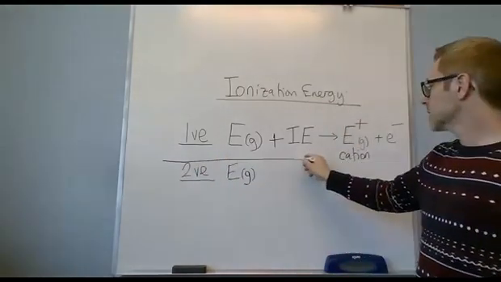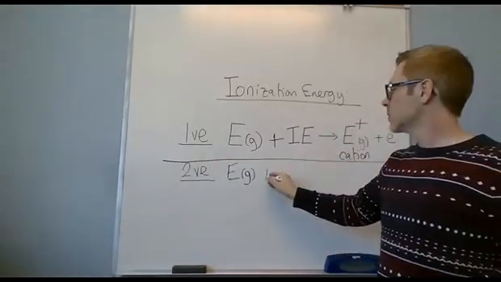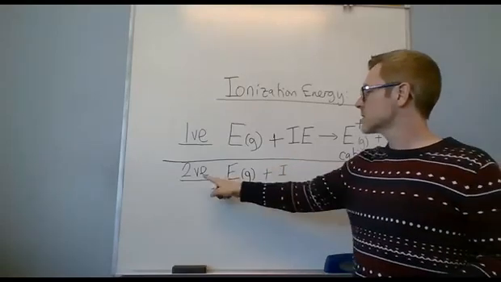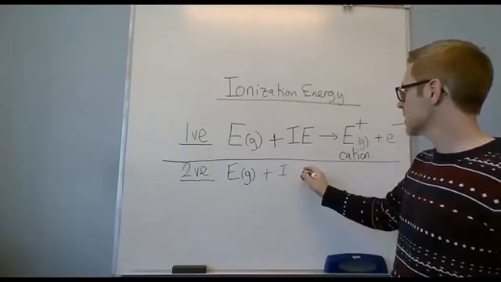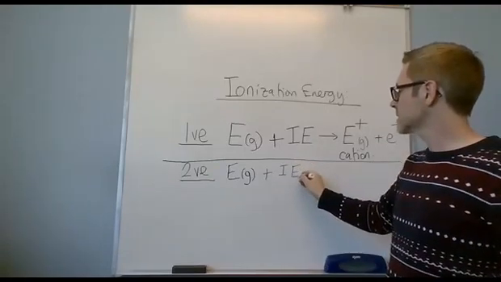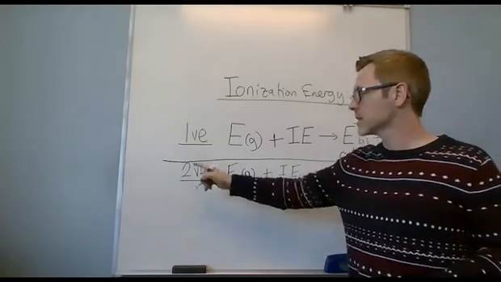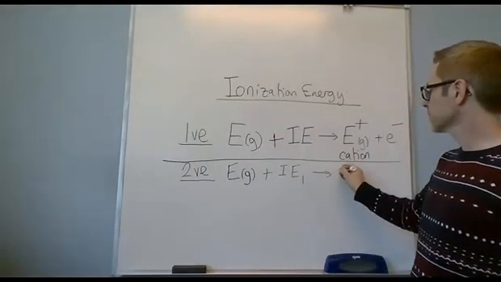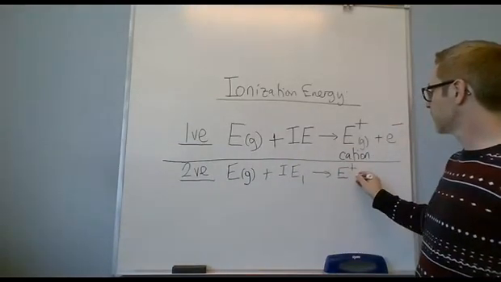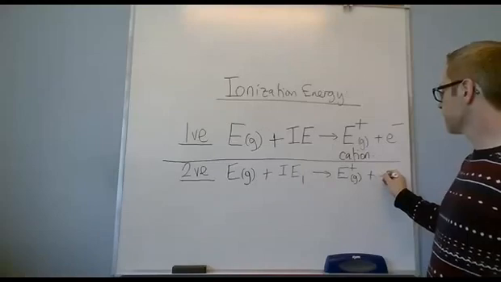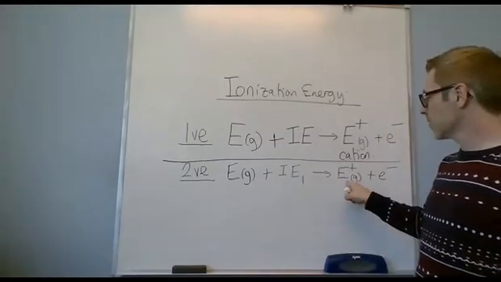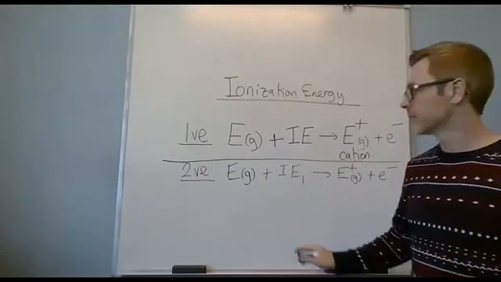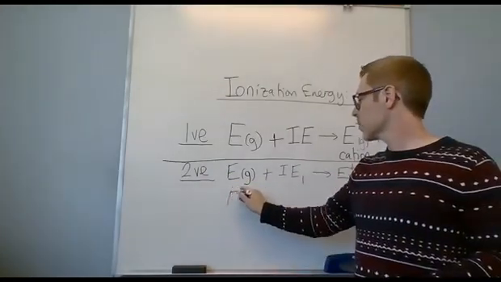Let's draw a line here. If there's two valence electrons, you're going to have two separate chunks of ionization energy. You're going to have ionization energy 1 for the first electron. And then you can also take another electron out because you had two total. So you can have a second equation